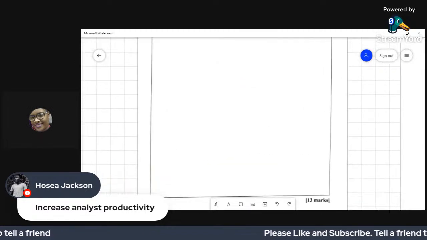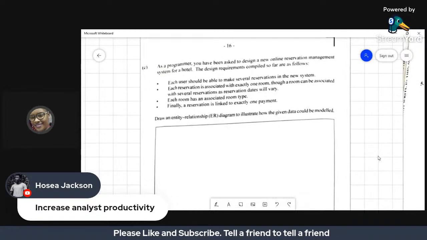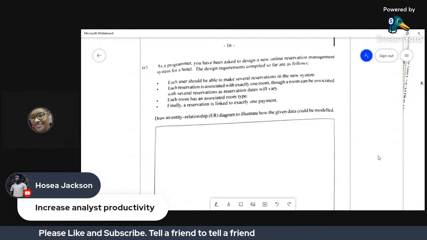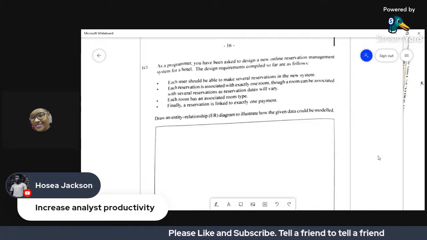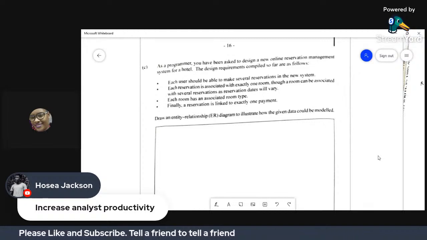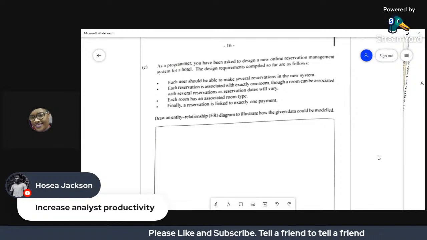So we're going to do another drawing because we're at ERD. It says, as a programmer, you have been asked to design a new online reservation management system for a hotel.